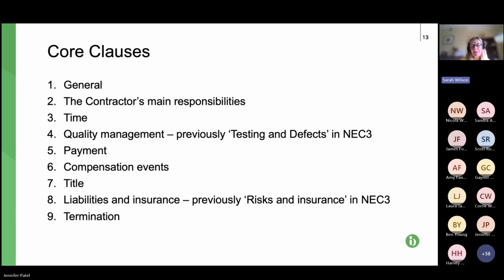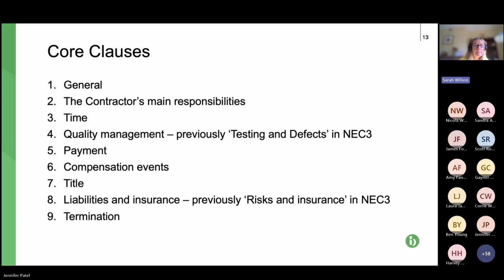The first one, general, is the definitions plus the admin. How do we communicate? Who communicates with whom? What are the timescales for responding to communications? Number 2, contractors' responsibilities. You will find that also in JCT, albeit with different terminology. 3, time. That's basically programming and timescales, and